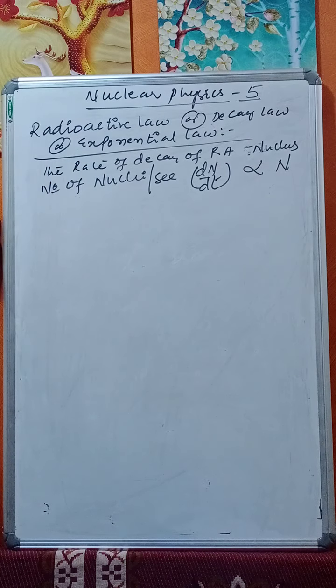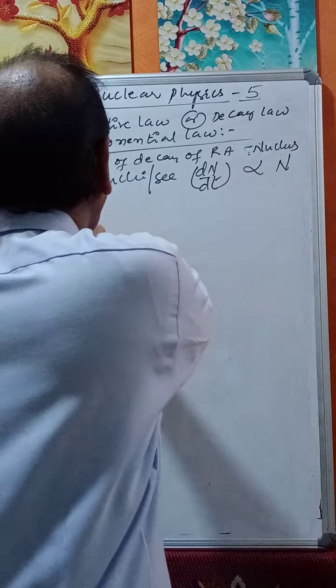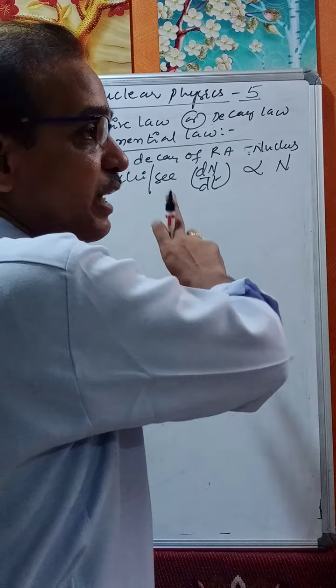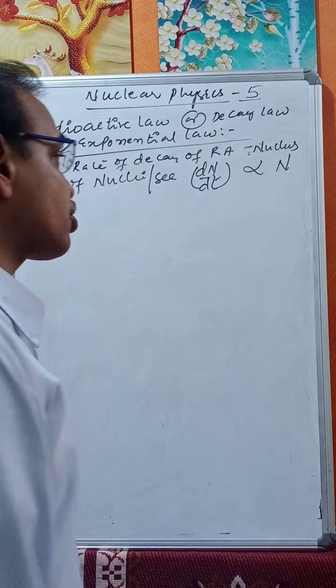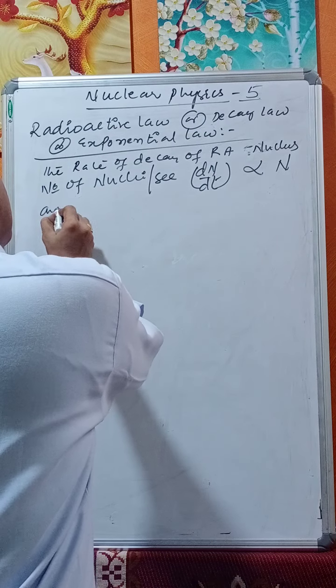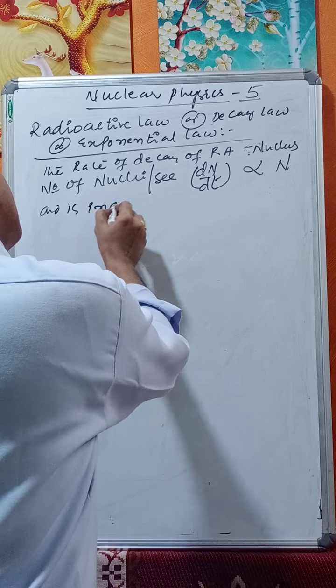The rate of decay of radioactive nucleus, or rate of radioactive decay, or number of radioactive nuclei decaying per second is directly proportional to the number of nuclei present at that time and is independent of